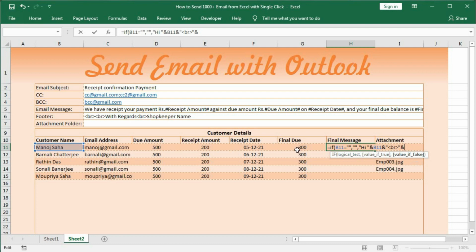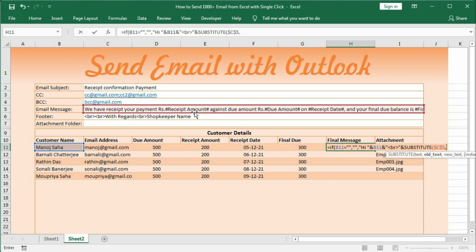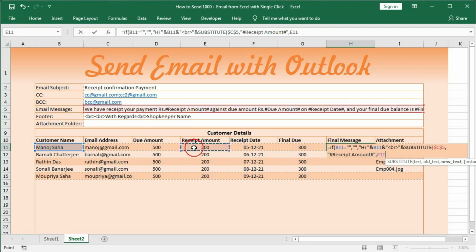So here type substitute, then text is this one and this should be fixed, press F4, comma, old text is receipt amount, then quotation hash receipt amount, then hash quotation, comma, this value.